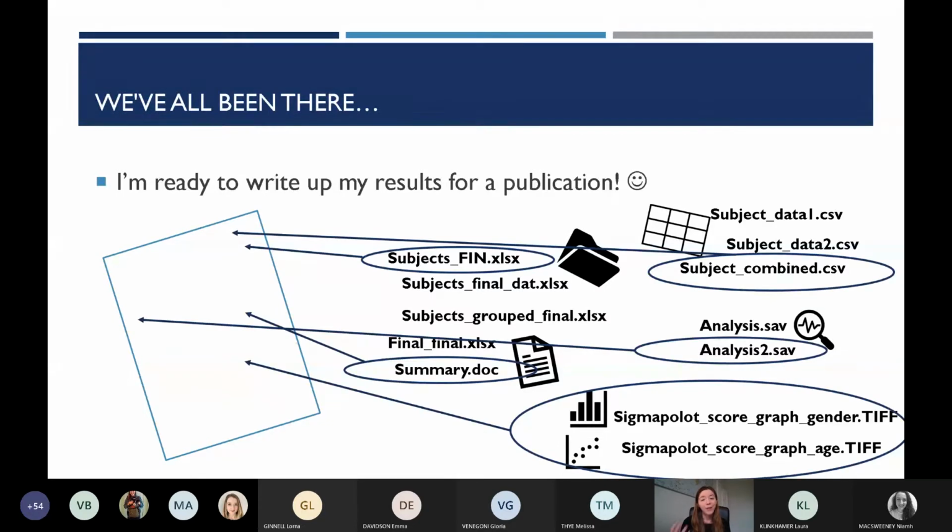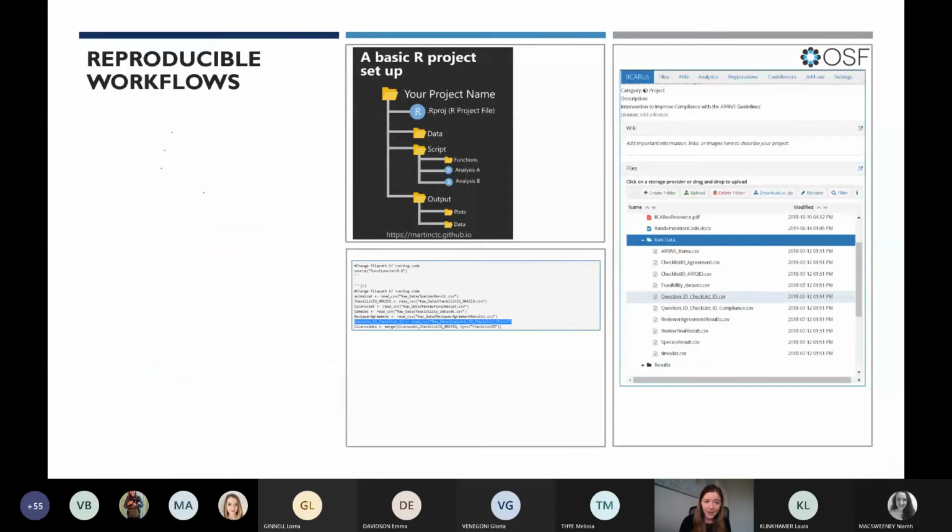So there's a lot of opportunities for error in this process, and the reality is also that you probably will have to do it again at some point. You're going to find some mistake or someone will discover something, and you'll have to redo it. And the idea of having to redo all those clicks in Excel or SPSS exactly the same way is not a nice prospect. So there is another way. As you saw, that little video showed a workflow in R, which I'll talk about here as well.